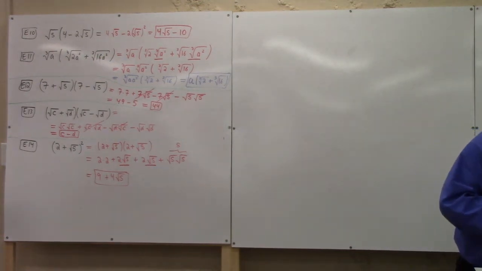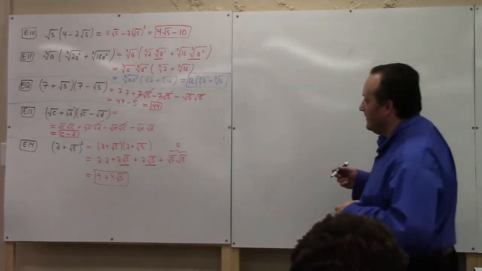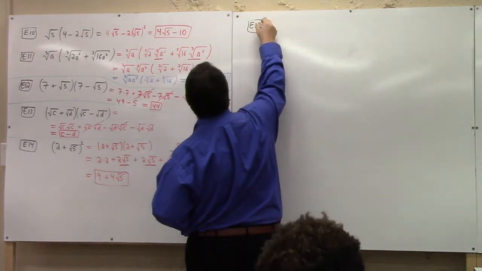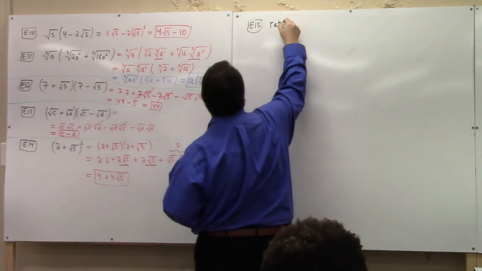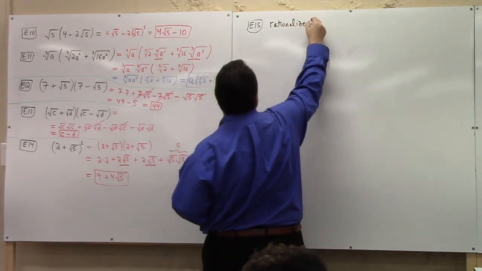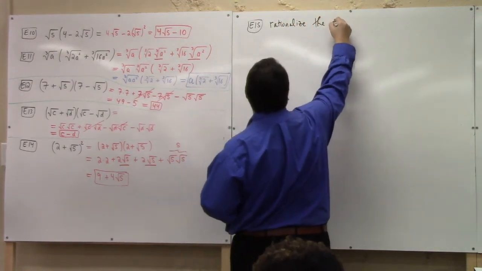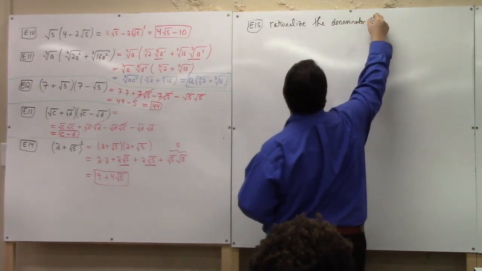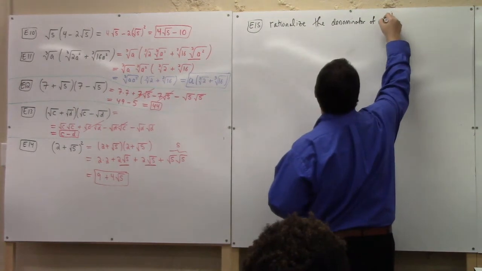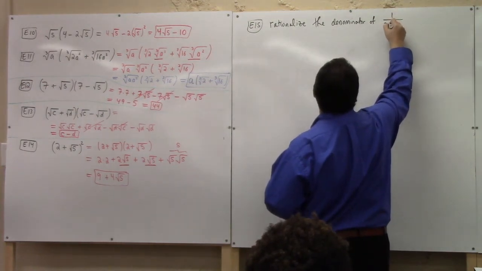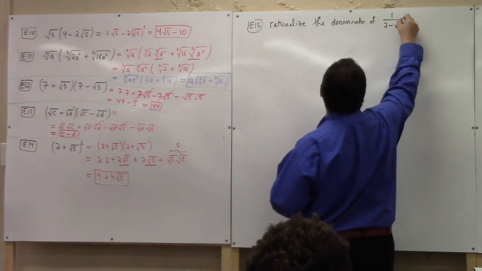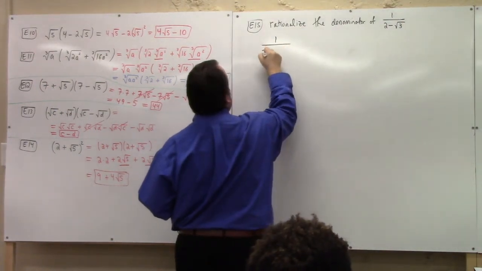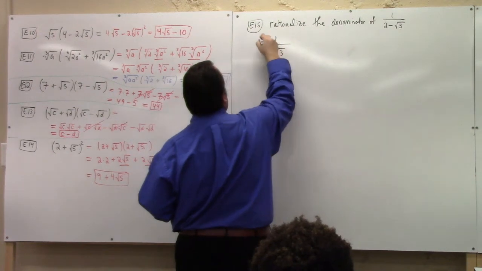All right, so here we go. Example 15. Let's do 1 over 2 minus the square root of 3. So here's how we do it. This is the trick. So we take that,